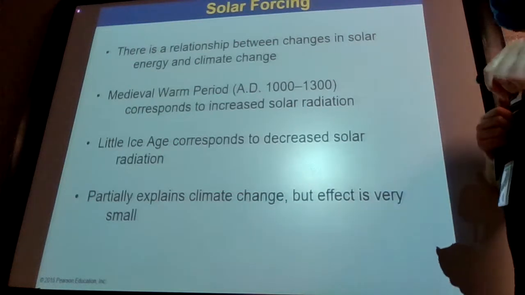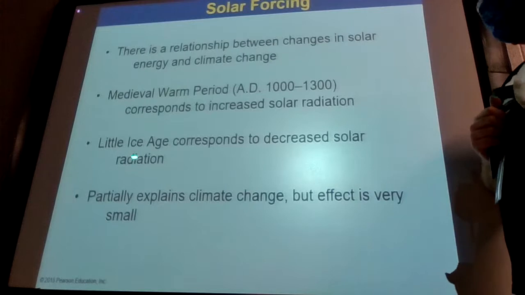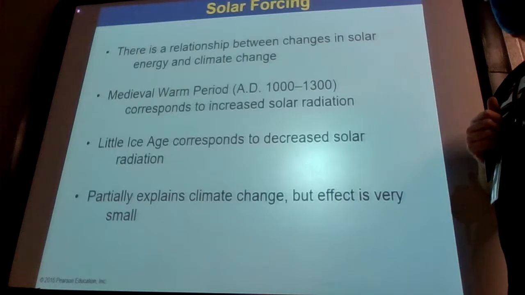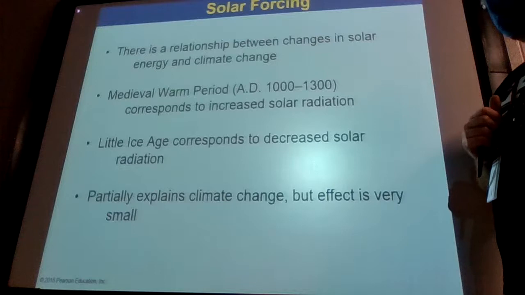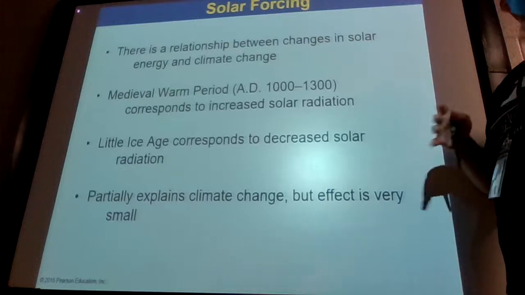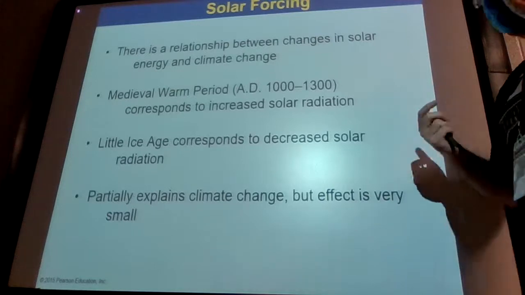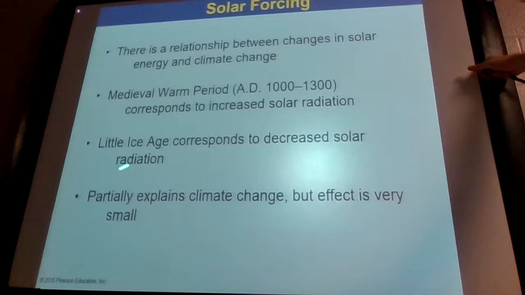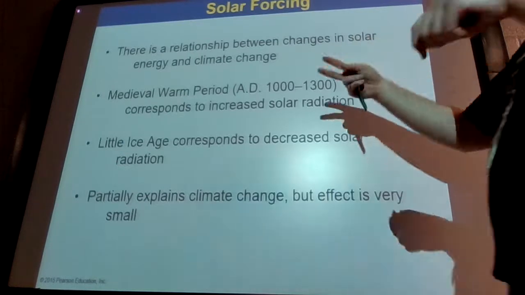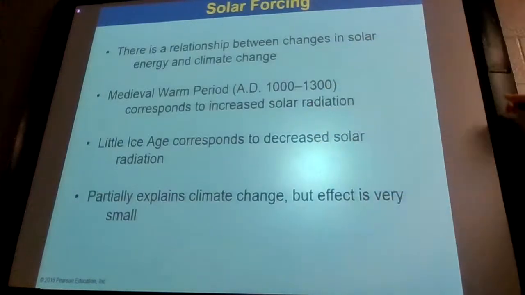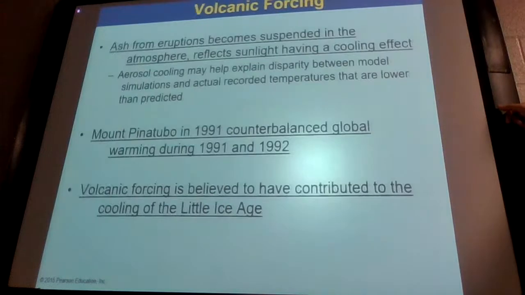So they talk about solar forcing. I think they're basically going to talk about the ice ages that we get that are somewhat correlated to volcanic eruptions. When you have volcanic eruptions, you block out a lot of solar radiation, and when we don't get the sun, we get a cooling period. So they have the Little Ice Age, and they have the medieval warm period, which corresponds to increased solar radiation. We're literally getting more sun at this time, less sun at that time. That's going to correspond to our warm and cold periods.